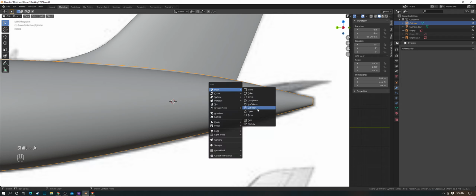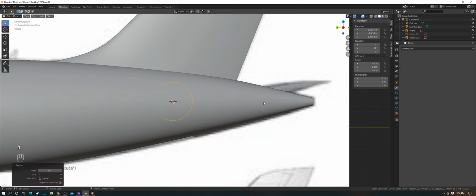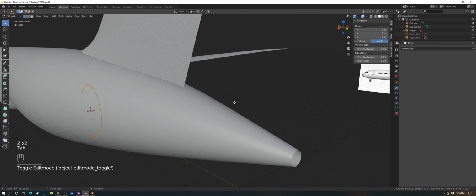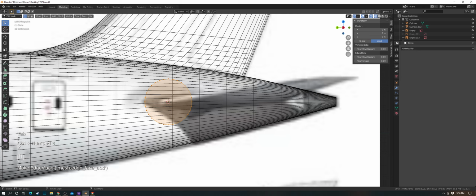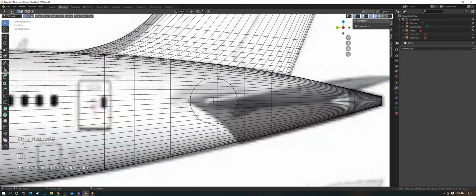is make, actually going to make a circle, and we're going to rotate it. Does this circle have a face? And it does now. Poke it out a bit. Okay, so